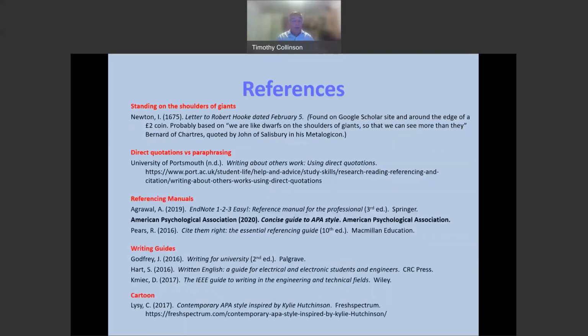And of course, I didn't put together this presentation in a vacuum. So here's my reference list of all the things I've used. I would only note that this is not in alphabetical order by author, but I've arranged it in a subject fashion, which isn't usually how you'd be expected to do that. So I hope that is helpful for you, and feel free to have a look at those subsequently, including the one in bold at the end, which is actually the little booklet that I've been using to help write Referencing at Portsmouth, and you might find helpful because it covers all of APA and writing style as well as referencing style.